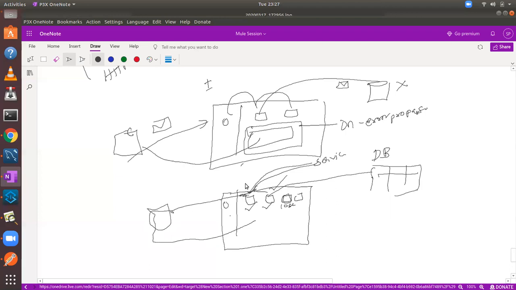So in this case, I will configure something called an on error continue block. I handle this error in on error continue, and I send a success response back to the client, saying your request is successfully processed. The important activities got executed successfully.